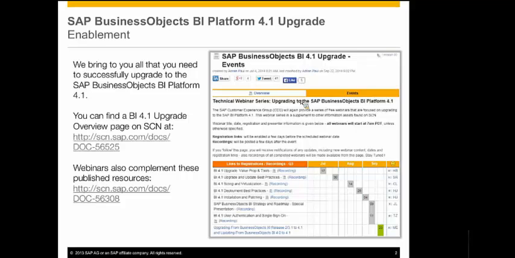So a question: does the license cost vary from 3x to 4.x? Again, pretty generic. License. So if you have a license model, for instance, named user license, or a CPU-based license, as long as you have been paying your support model, you have no need to change your license